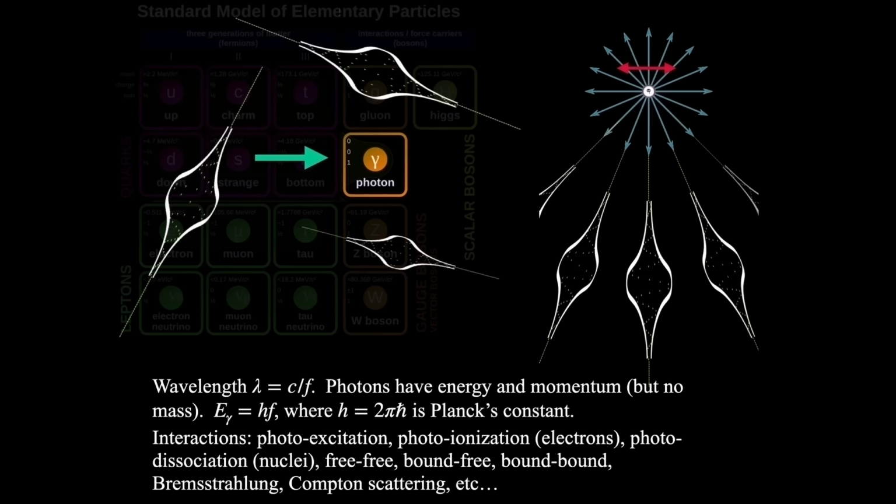And there's lots of names for these interactions: free-free interactions, bound-free interactions, bound-bound, Bremsstrahlung, Compton scattering. All of these things are ways that photons interact with charged particles. In general, the photon can impart or take away energy from electrically charged particles, and they can easily be created by charged particles moving in the presence of other charged particles, or accelerating in the presence of other charged particles,